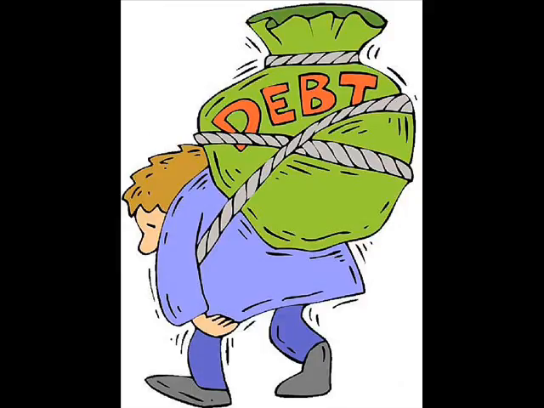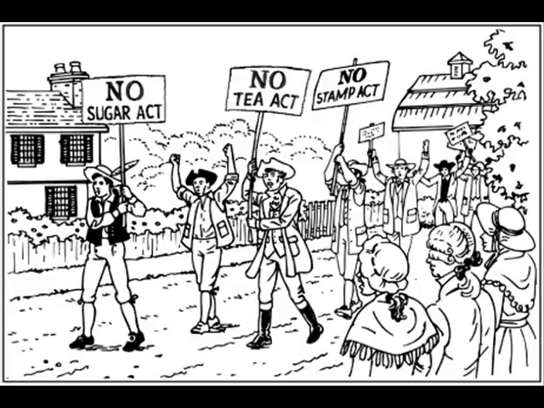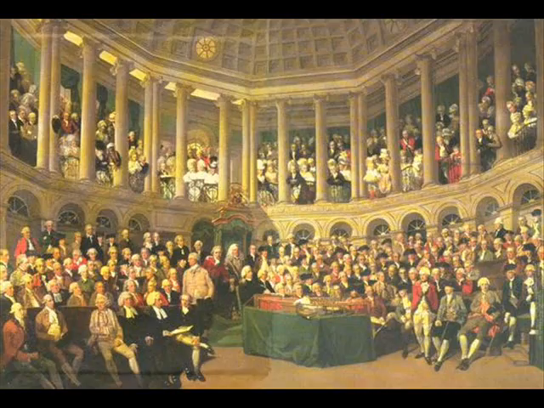After the war, Britain was in a lot of debt. They put the economic responsibility of the war on the colonists, imposing heavy amounts of taxes. The Stamp Act and the Sugar Act were two of the common taxes placed on the colonists. Britain imposed these taxes without having any representation of the colonists in Parliament.